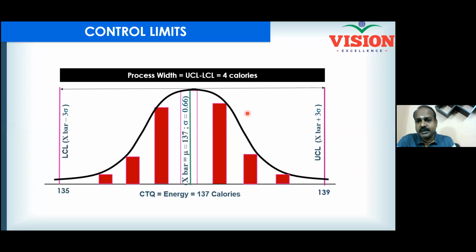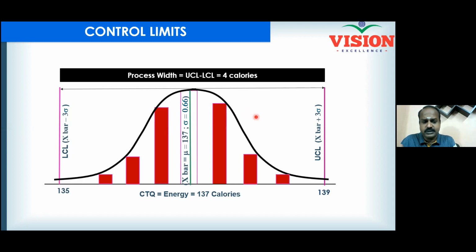So with the sample, you are trying to understand the population. What is your population? All the milk bottles you are producing. If you use a sample to predict the population, this is called inferential statistics. Use a sample to predict the population. This is called inferential statistics, and that is what we are going to do now.